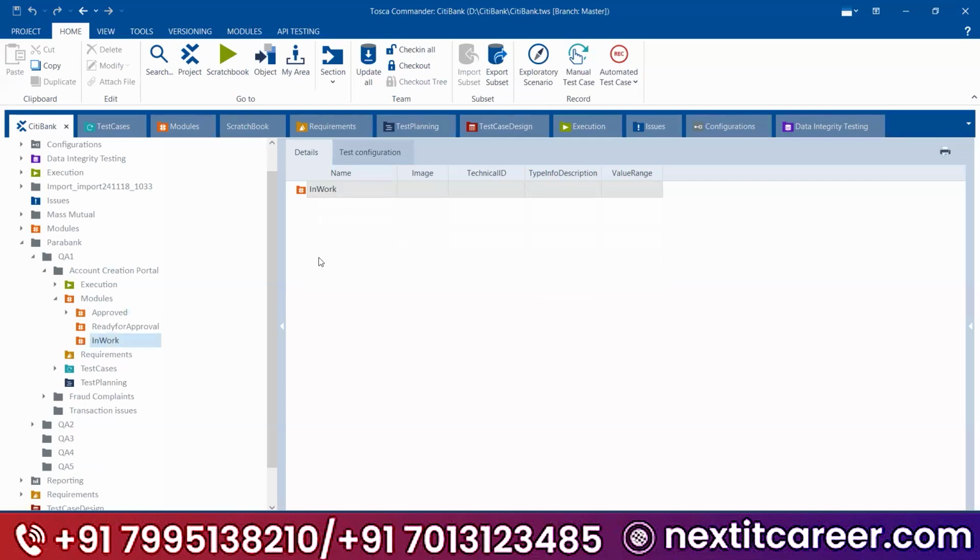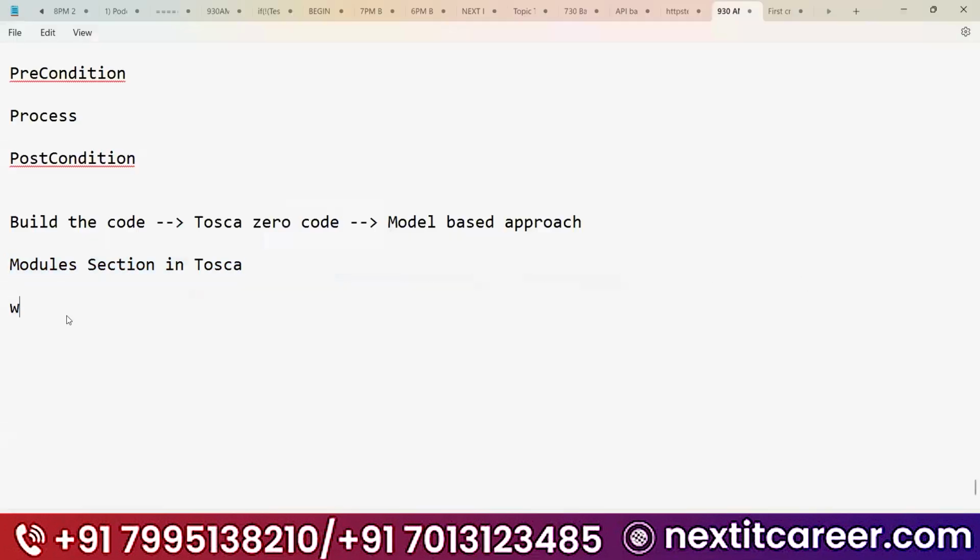Tomorrow, we will see what modules are, what the module section is, the types of modules, and how to scan the modules.